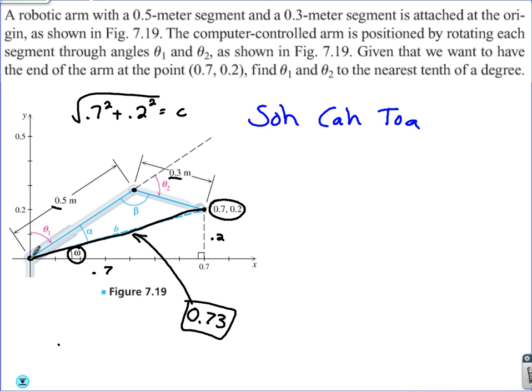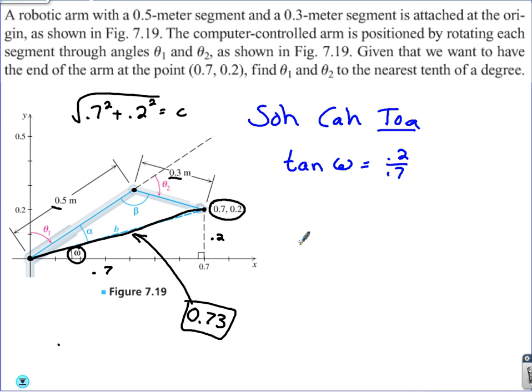If you're looking for this, and I'm pretty sure that's a lowercase omega, you've got a right triangle here. You're given the opposite side of that right triangle, and you're given the adjacent side of that right triangle. That'd be a tangent problem. The tangent of omega is equal to opposite over adjacent, 0.2 over 0.7, which, let